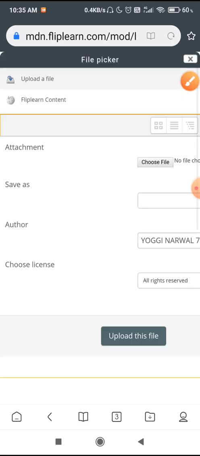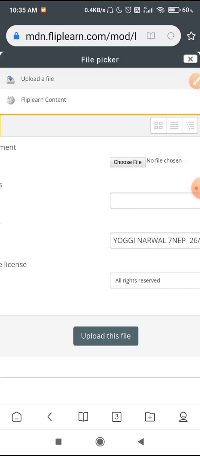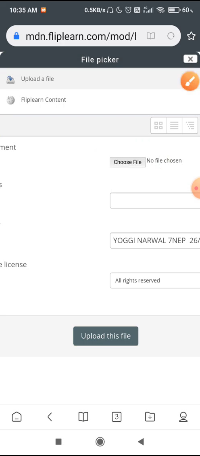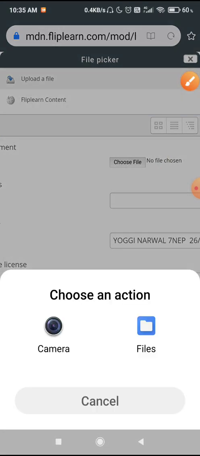You will click on this. It will give the option Choose file. When you click on Choose file, there are again two options, one is camera, one is file. If you open the camera, you can click a picture of your solution and then upload it. I will show you how you can do this. Suppose this is my file. If I open the camera, suppose this is the solution, just for example.